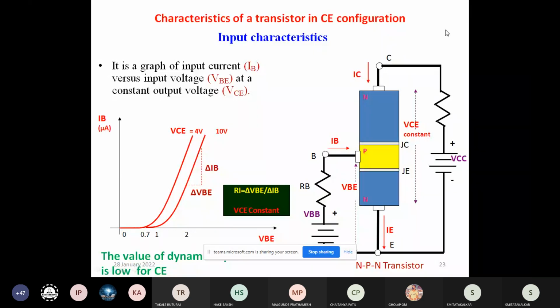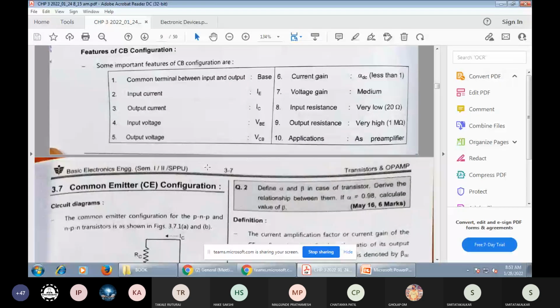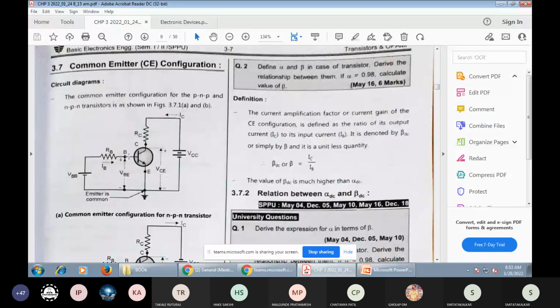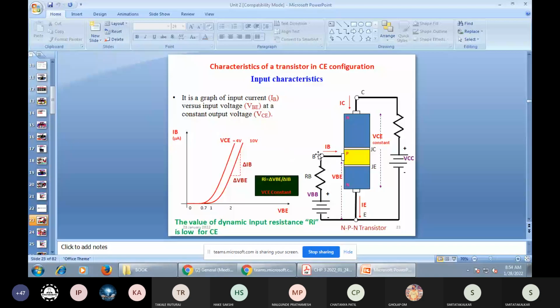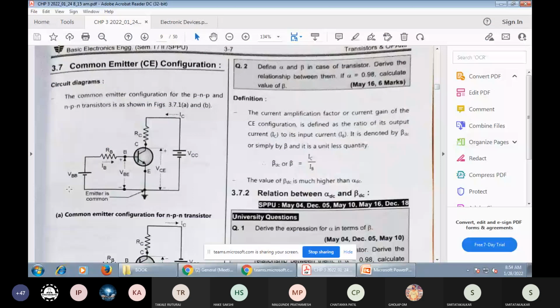You can see the base-to-emitter configuration, and the diagram is similar. The base terminal is connected to the transistor. Here it is forward biased, which you can use for the NPN transistor. First, I am talking only about the input characteristic. If the input supply passes through the base terminal, the current flows through the resistor. The resistance limits the current, and the base terminal is lightly doped, so some current flows through the